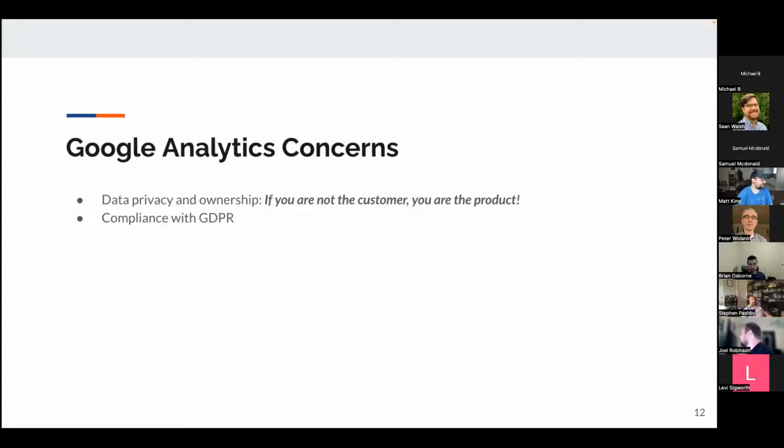Concerns: data privacy and ownership. My boss always likes to sum it up as, if you are not the customer, you are the product. Google Analytics is free, so you're not paying Google anything. Google is getting some benefit from you using their free platform that thousands of developer hours have gone into creating and maintaining. And then there are other big concerns with compliance with GDPR,